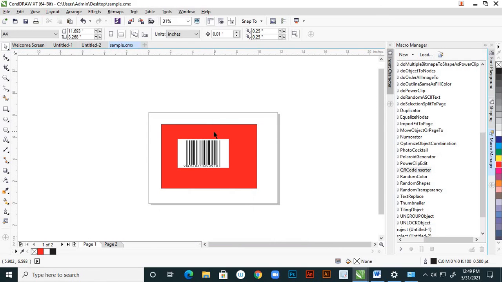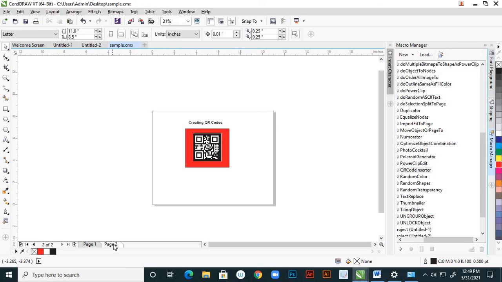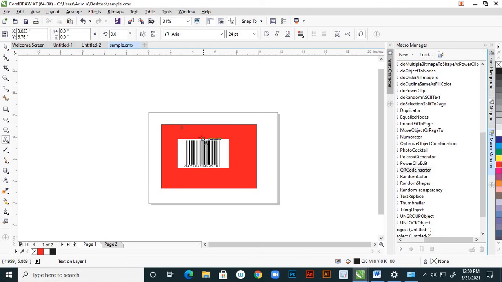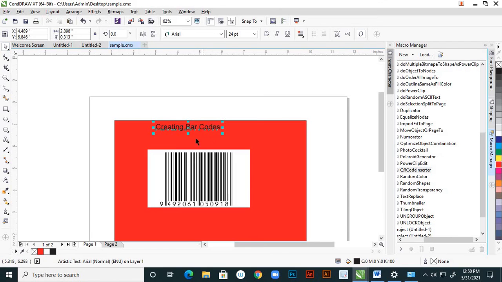And this is, suppose, yeah, where is this one? Yeah, here I'll write creating barcodes.